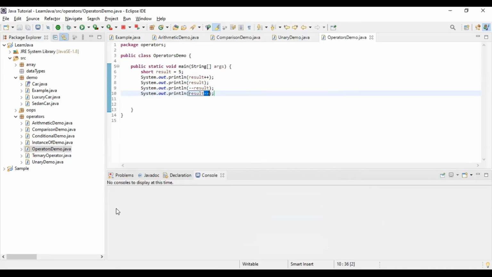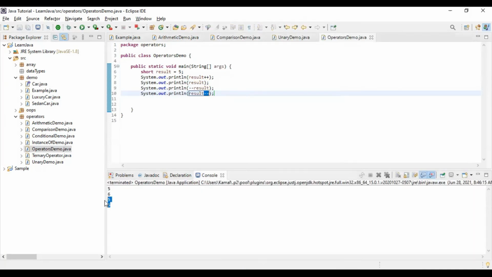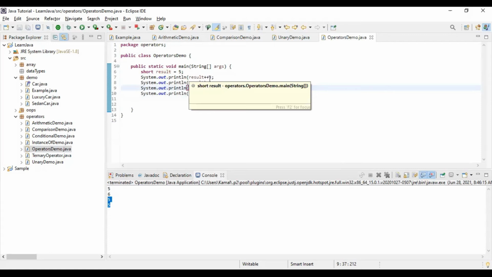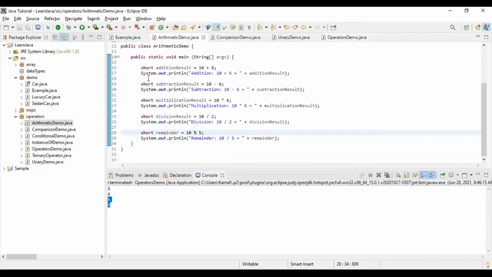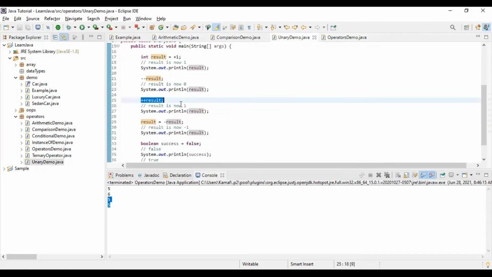We'll get 5 again. So this is the difference when it is printed in the same line. If we are using large expressions, then these will matter. Otherwise, if we are doing it like this, then it makes no difference whether you are using pre or post.